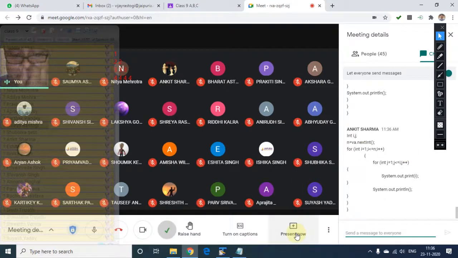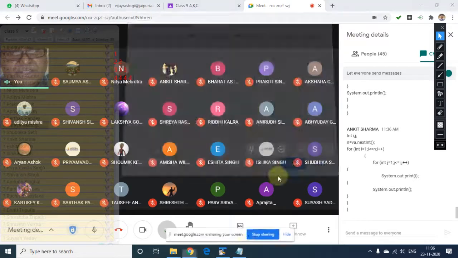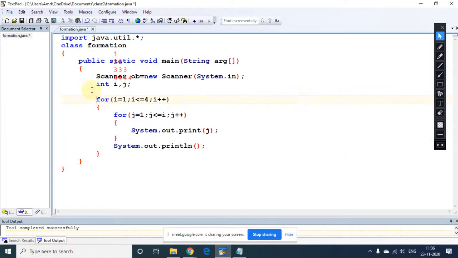So now let me tell you this again. I am going to share my screen. Now see, in the previous program, you were getting the output in this format: 1, 1, 2, then 1, 2, 3. In that case we were printing j, and j was starting with 1 every time.